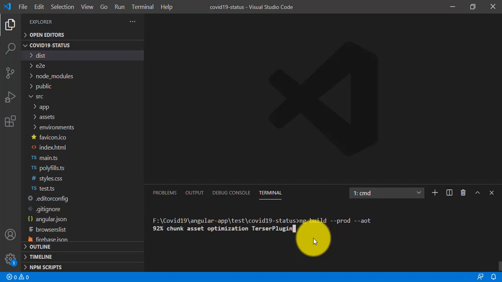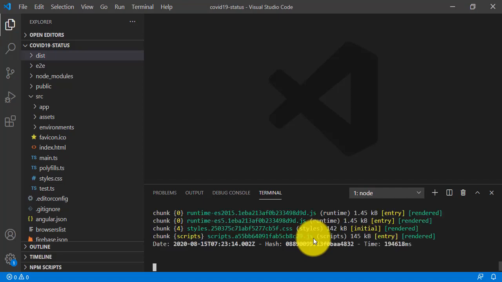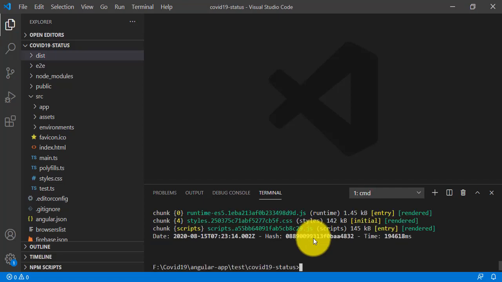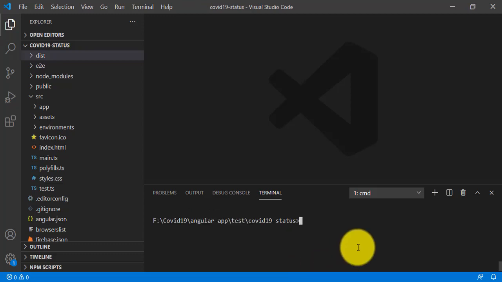I think it has already completed its building process. It takes a few minutes to complete it. Okay, now finally the building process is completed, and I'll get the next one. So I just clear the screen, so we get a better output.